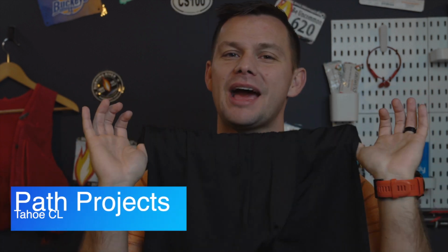And because these have no liner in them, I've found what I think is the ultimate base liner to go with them. That's another Path Projects piece of apparel, their base liner, the Tahoe CLs. They're not super compression, they just fit nicely, but they're breathable, they don't ride up. I love them so much, I actually bought 4 pairs of them just to make sure that if something happened,